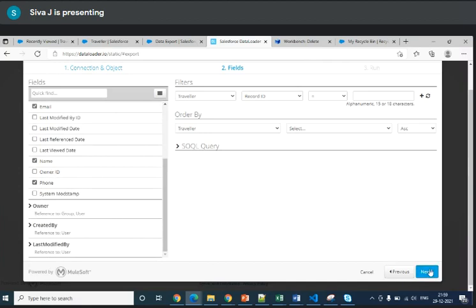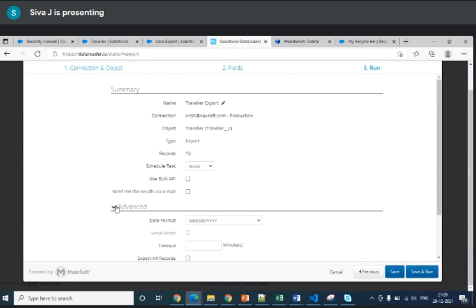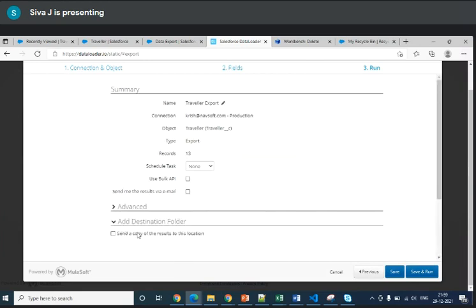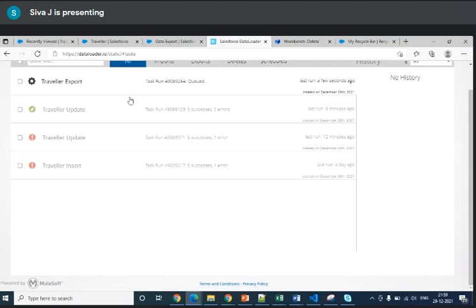Once you choose that and click next, it will show that 13 records are there, and you can still see the format and all. You can choose where you want to store the file. Click and save it, and the process will start. Once it is done, it will generate a file and send it to you, or it will show here. You just download it directly.